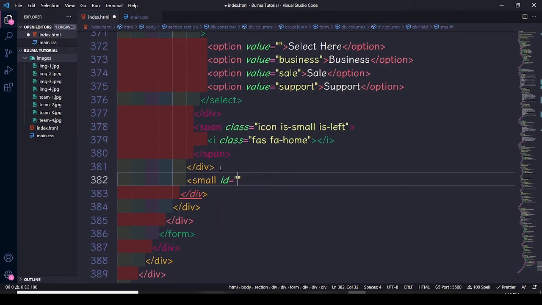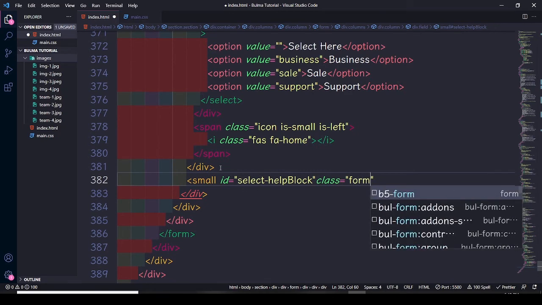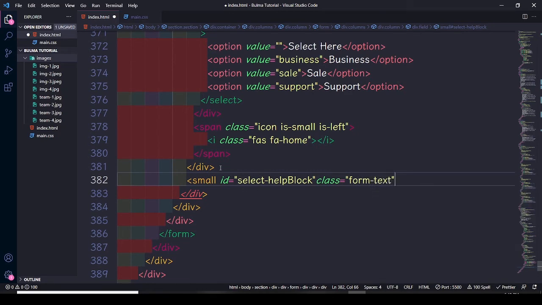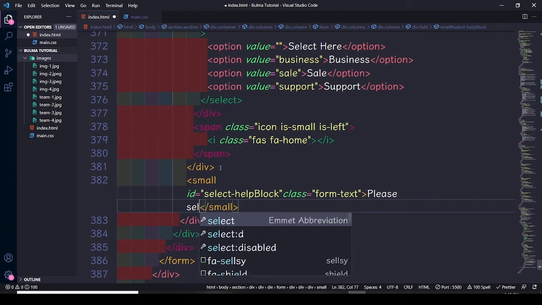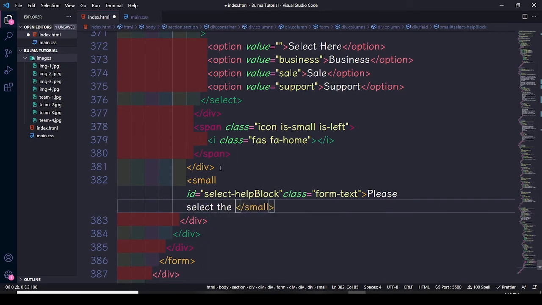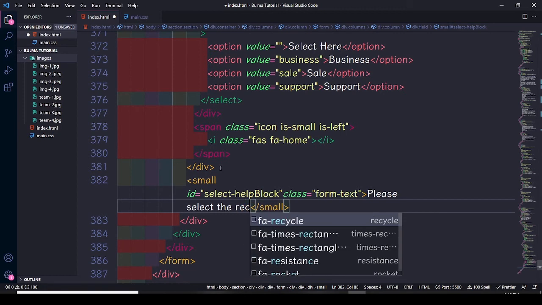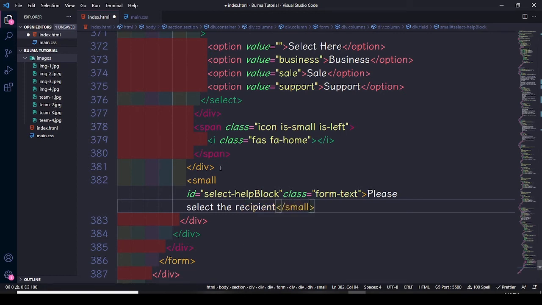ID is gonna be select-help-block, and the class is gonna be form-text, and we should say please select the recipient. Okay,